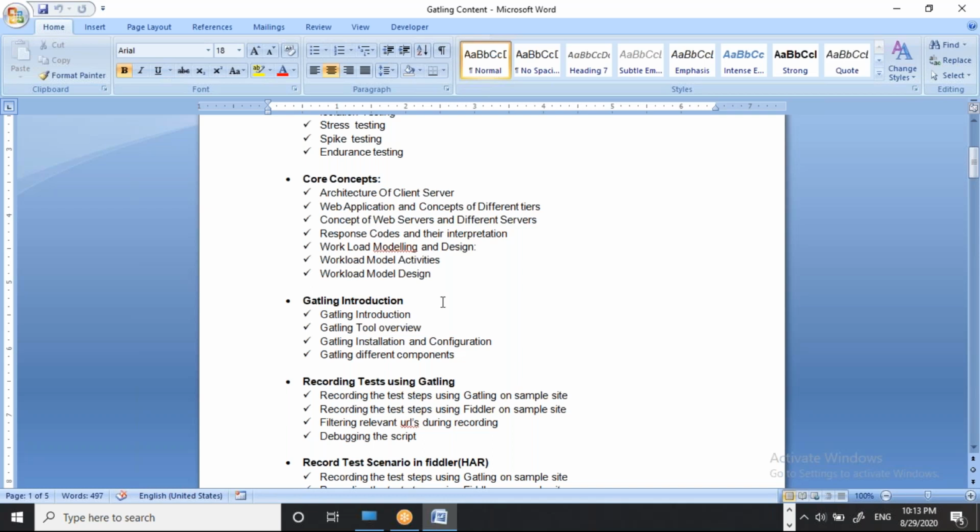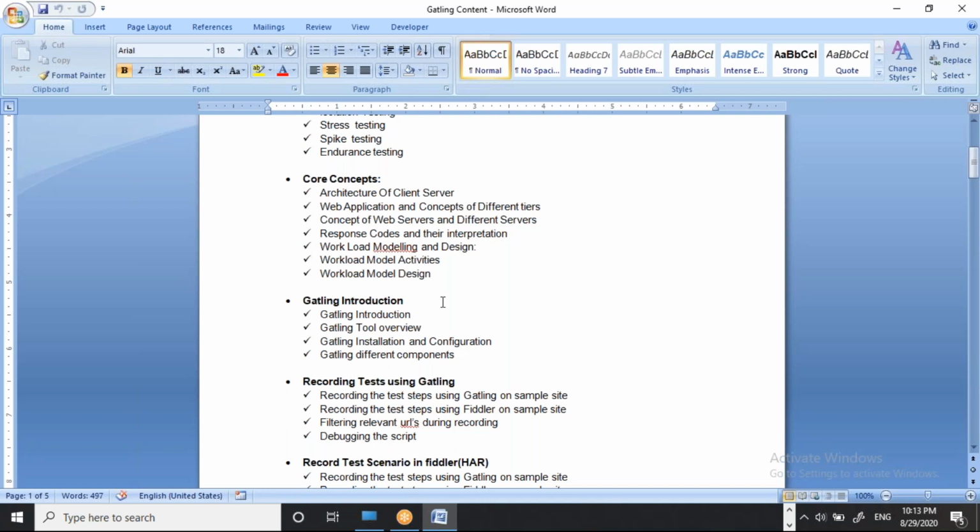That's why this tool is not much popular in the market. The second tool is Gatling. Gatling is basically written in the Scala language, and it is based on the Akka native framework. So it works on actors, not on threads. See, an actor is one part of a thread. It means you have one process and a process has 10 threads, right? Then the 10 threads have lots of individual actors. So it works on those actors in the Scala framework.